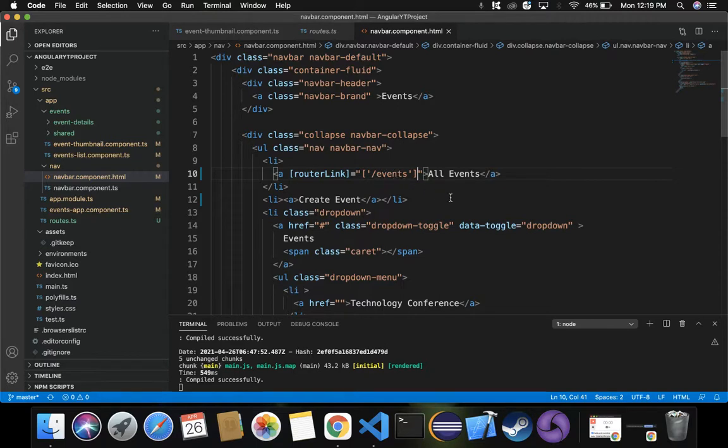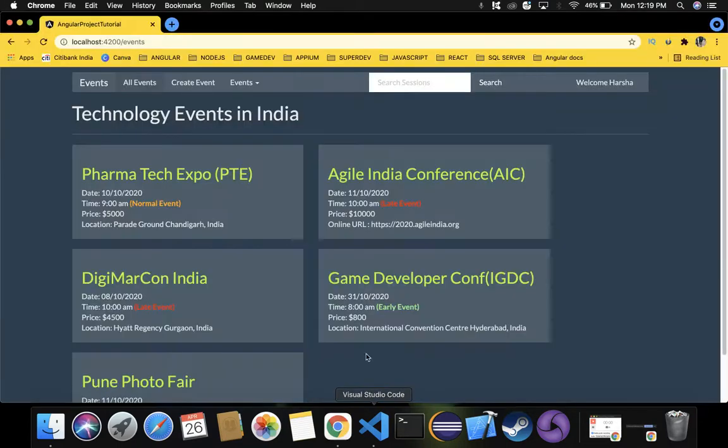Okay, this is how we are handling router linking, the navigation between these pages, that is, from events to the main page and from the main page to the specific events. So we no longer need to change the URL of the web page. Previously, in our previous video, we used activated route to implement it, and by passing /1, /2 we were actually hard coding it in our URL to navigate to these event details. But in this case we are making use of routerLink to pass the ID, and we navigate to each of these events and display the event details on our web page.